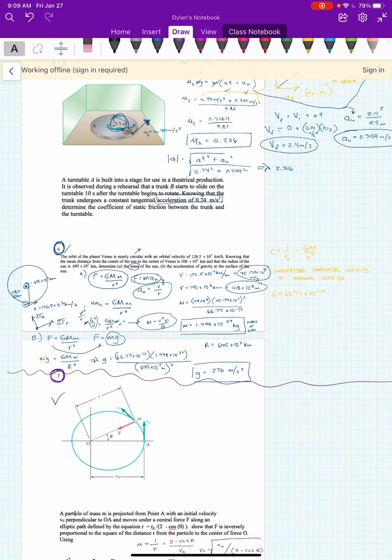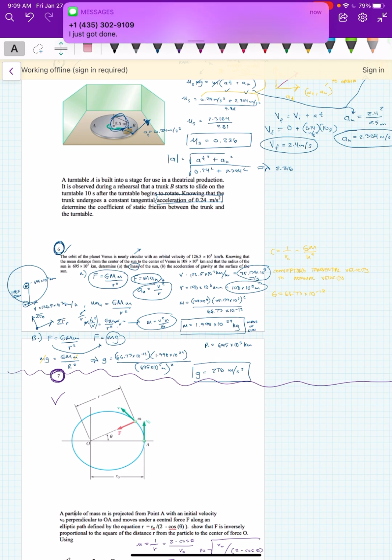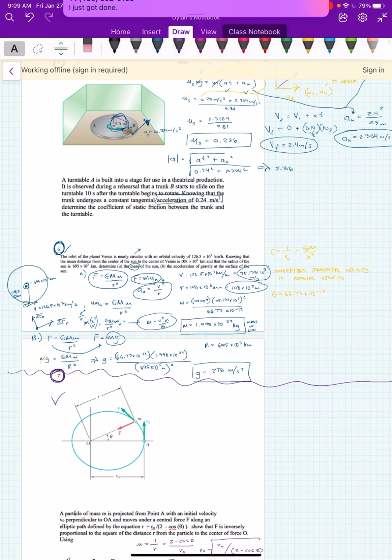And from there, I was able to redo that, use the same equation, but this time the acceleration on the sun was going to be technically the gravity there, so I changed it to G, which is a little confusing, but